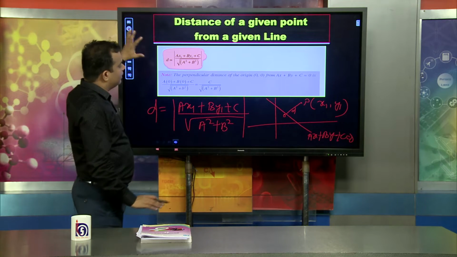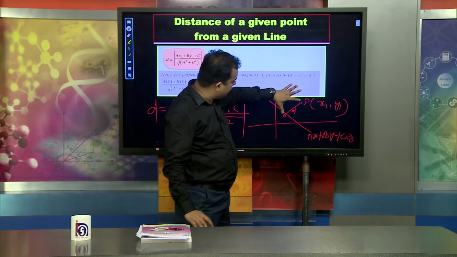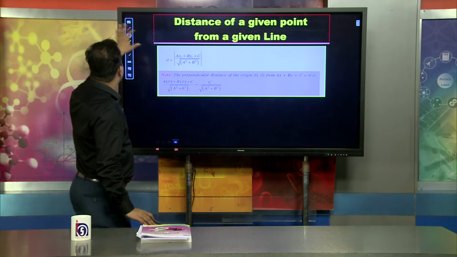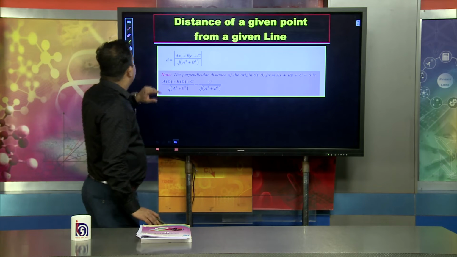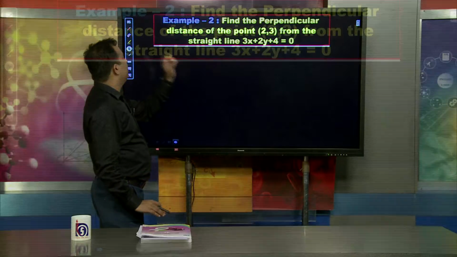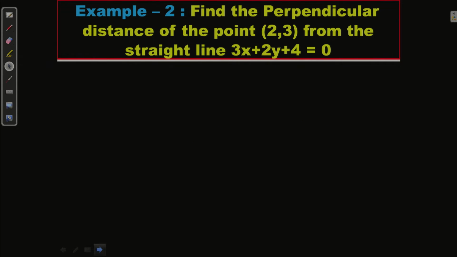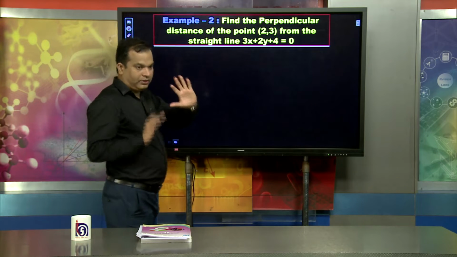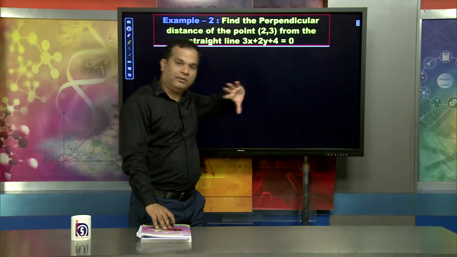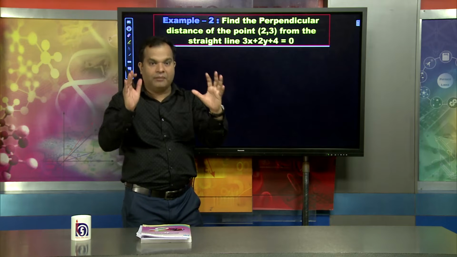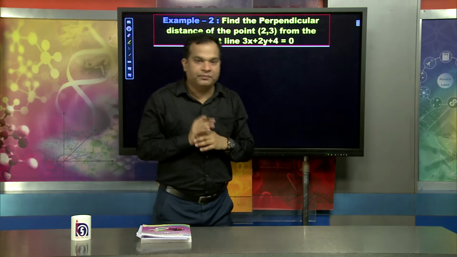And we have also understood the situation, that means very simply that part we are going to find out. Okay. Right now we will take an example, it will be better to understand. When talking about the example, remember: find the perpendicular distance of the point (2, 3) from the straight line 3x plus 2y plus 4 equal to 0. How is the condition like this? Remember, learners, first we are using that formula, but you must visualize it through the graph, or through a figure like this.